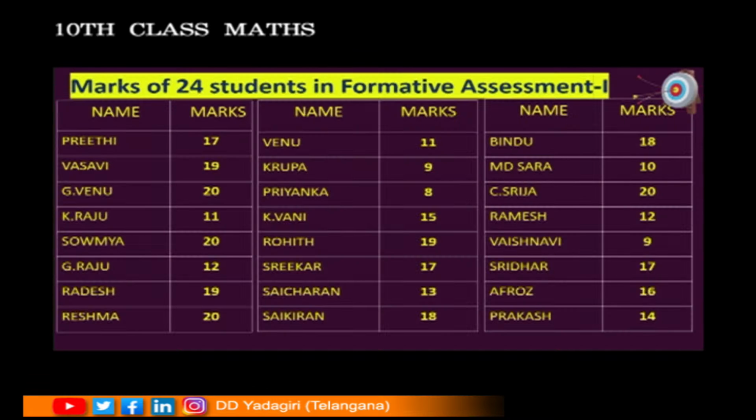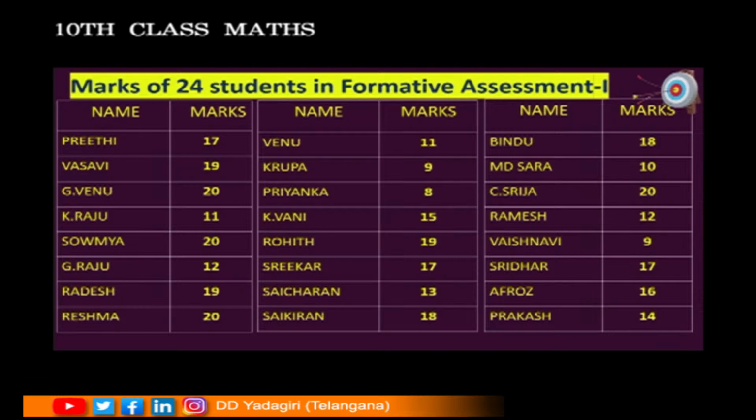Now the same marks have been put in the form of a simpler version here. All the 24 students' marks have been put here and you are observing that there are three groups here, the first group, second group and third group. Now what is it that you observed in this? You find that this is data, is it not so children? Yes, this is the data of the marks of the 24 students of the formative assessment 1 of